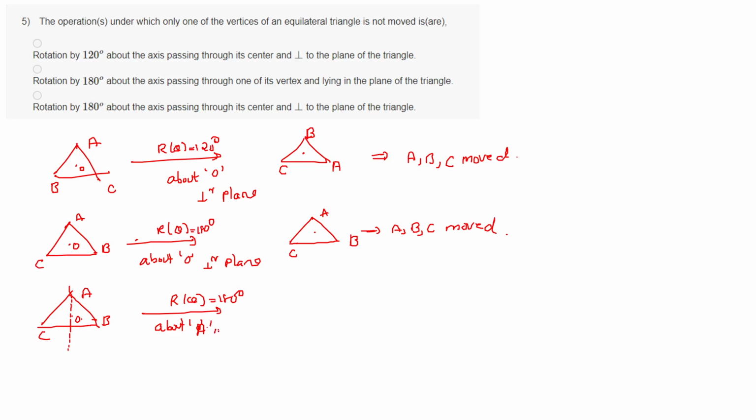passing through A in the plane, what will happen? A will be there, but B and C will be rotated, right? If you are rotating 180 degree, it will go here. So it will be like B, C, this is O. Then what will happen? A, which is not moved,